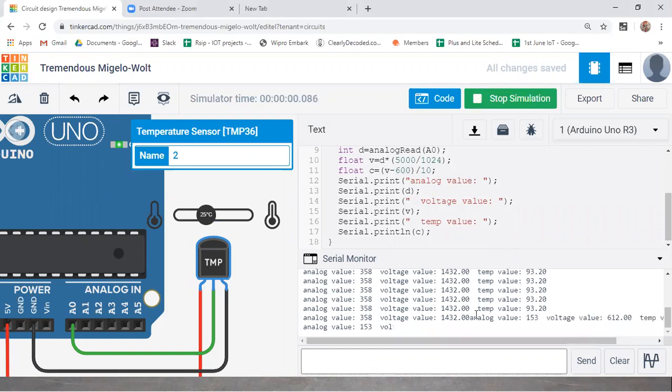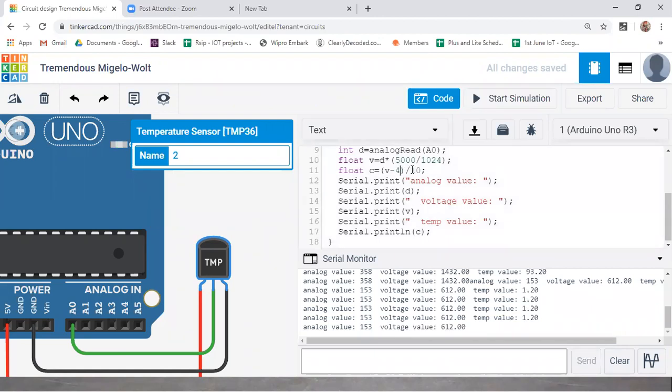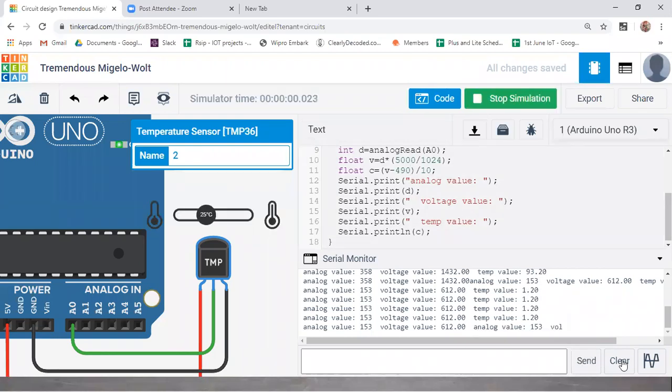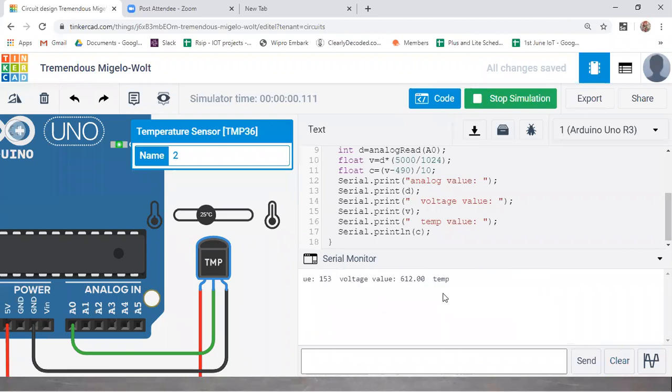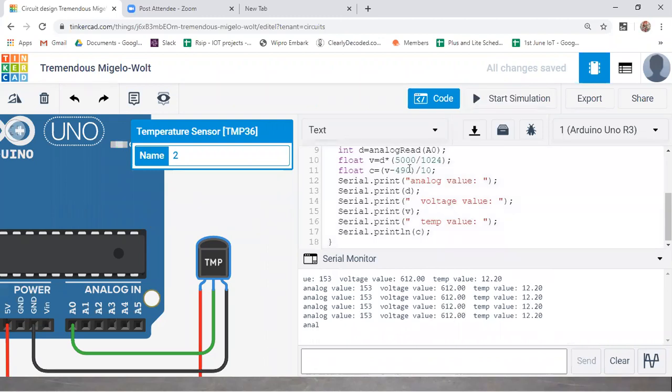Okay, so here we are getting temperature value as 1. That means here it is not 600. So you need to make use of another value. So I'll just make use of 490. Let me check. So guys, from the previous value, it has dropped, right? So just try to check it, guys. After the session, just try to check it, and if you give us the response also, that would be better.